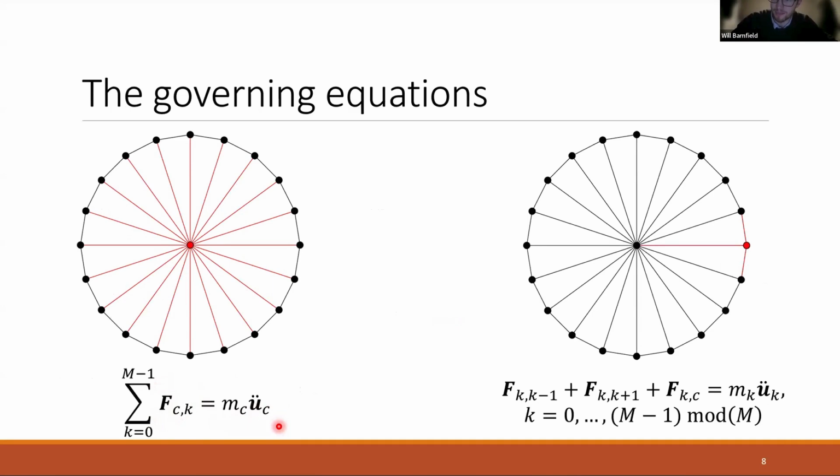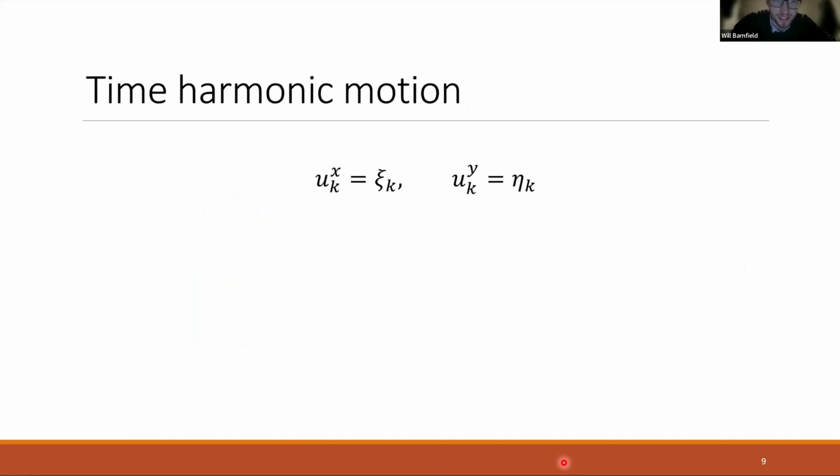Or we're a mass on the rim, so we're connected to the central mass, the mass ahead, or the mass behind. So this is behind, head, center, and now we have k equals 0 up to m minus 1 mod m. This mod m just connects it as a circle, because otherwise we'd have a -1 and something would happen. So to find the eigenfrequencies and eigenmodes of these systems, these vibrational modes I mentioned, we make